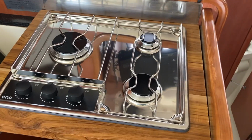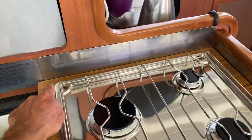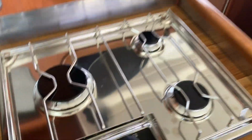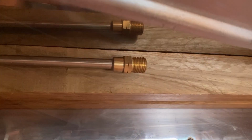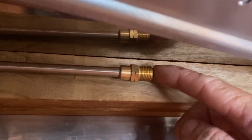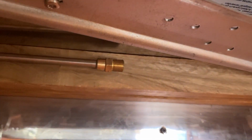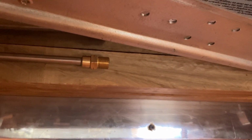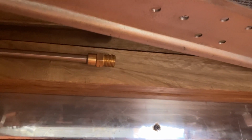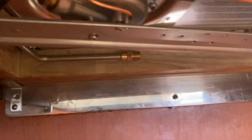All right, there's the cooktop installed, sort of. Gonna have to do a little silicone along the back and the side there. Sometimes it's okay to use silicone on a boat. Solid, pulling on it. However, there is some weird, funky, maybe backwards threaded, maybe metric, maybe nobody knows connection. Nothing in the instructions about it, nothing I have on board fits, nothing I could find at the hardware store fits. So we have to get this standard fitting to that